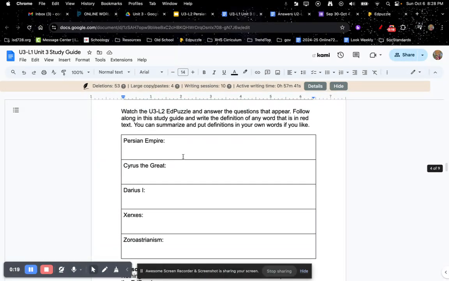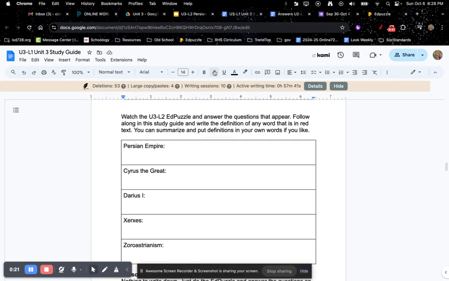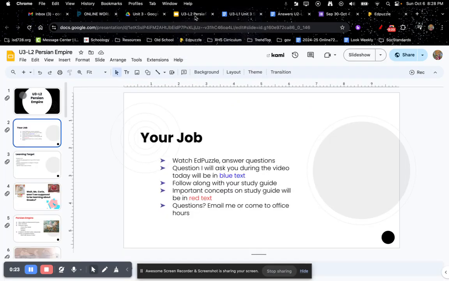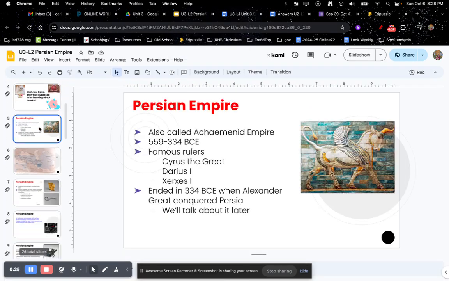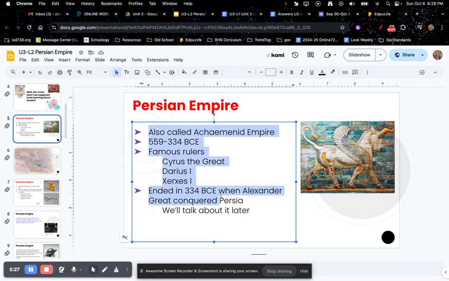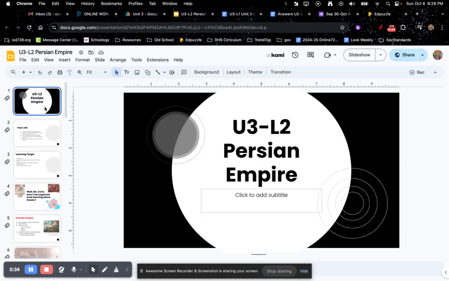When you are taking notes, you are more than welcome to go into my pink resource folder and copy and paste directly from the slideshow. But make sure it is from my slideshow. And also, if you just want to take your own notes in your own words, that's great too. Like I said back in Unit 2, that is really good note-taking skills that you're building. Either way is fine with me. Just wanted to give you a reminder about that.